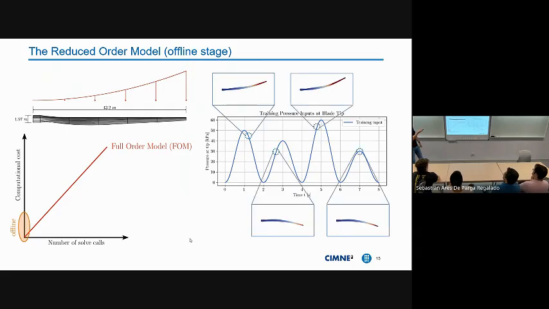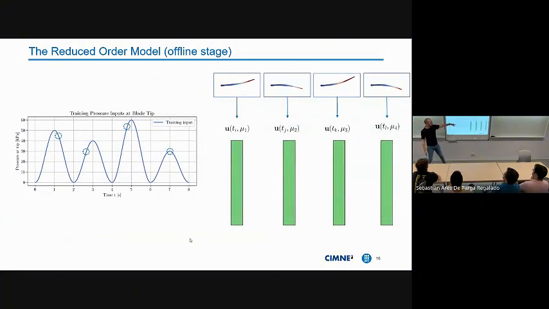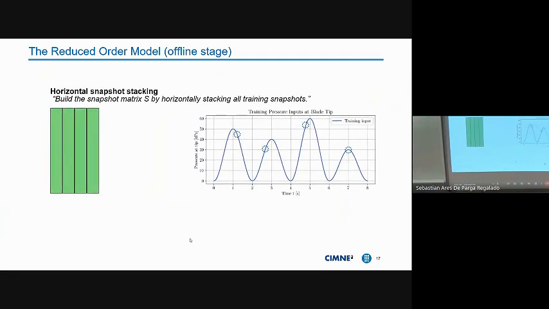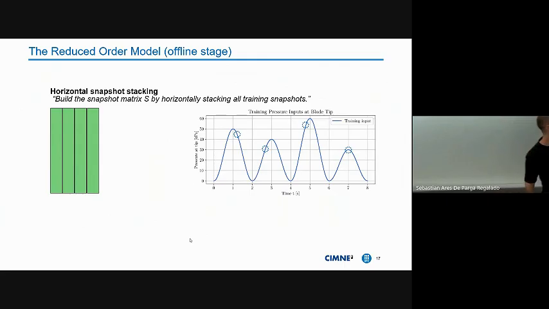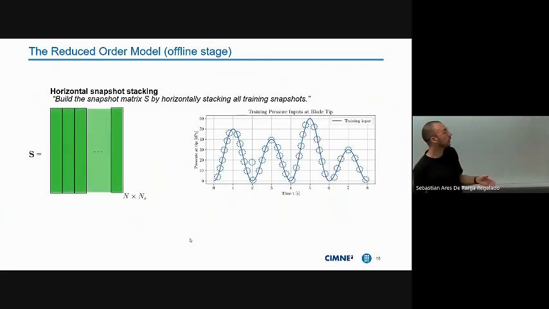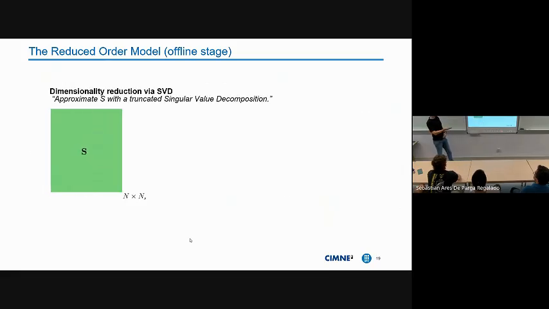look something like this. And these are nothing but some vectors at some time instances and some different parameters that you can put together or stack into a snapshots matrix. And most likely you will never only take a few of them, but you most likely want to take a few more points, not only 4, in order to build a snapshots matrix that will be of size the degrees of freedom times the number of samples that you would take, such that the next point is to